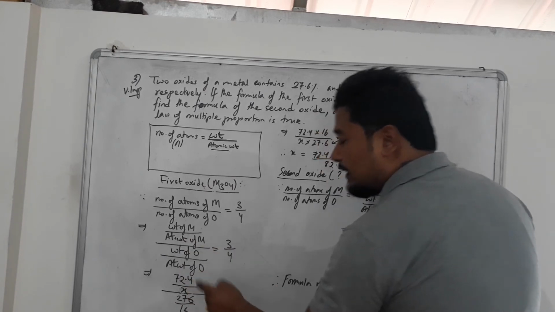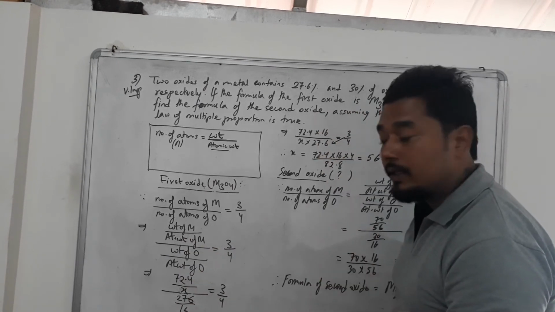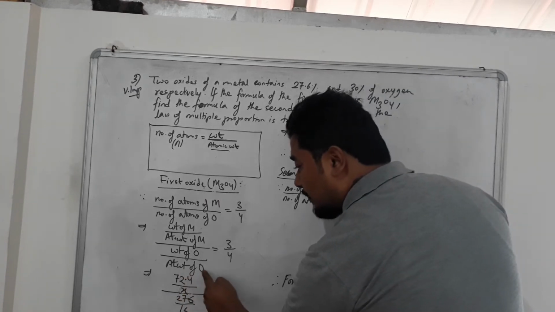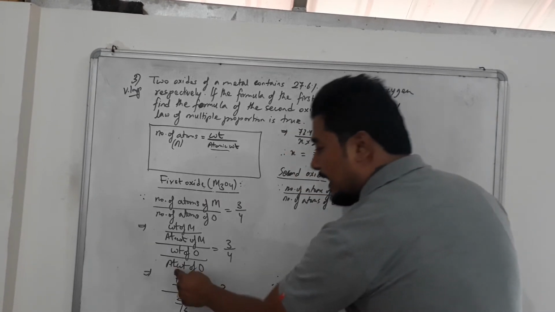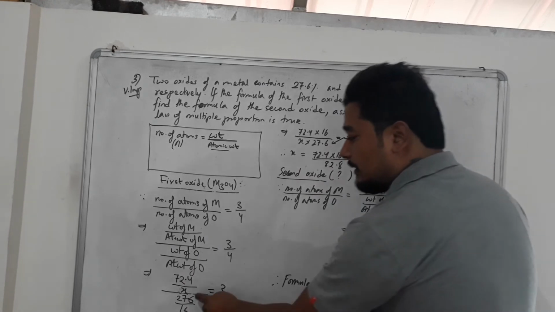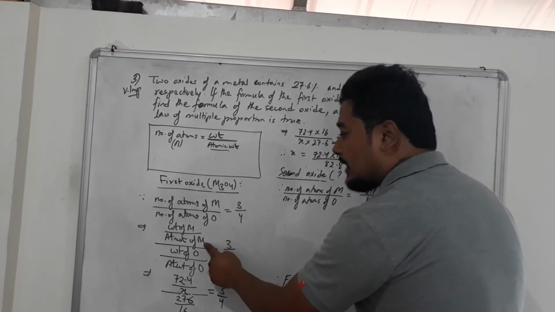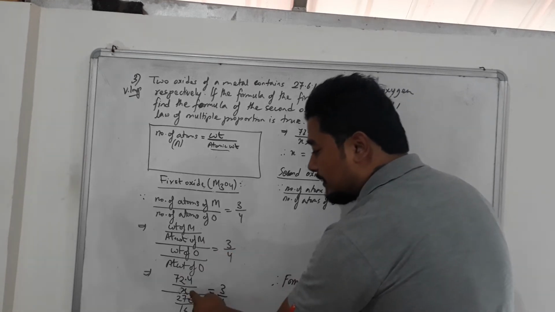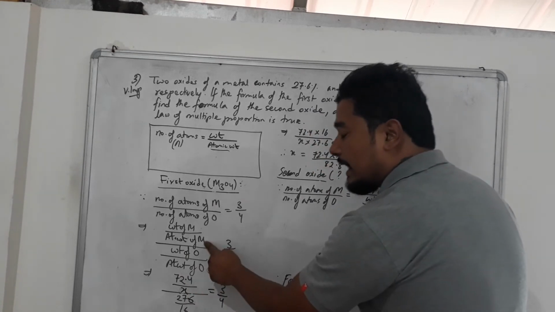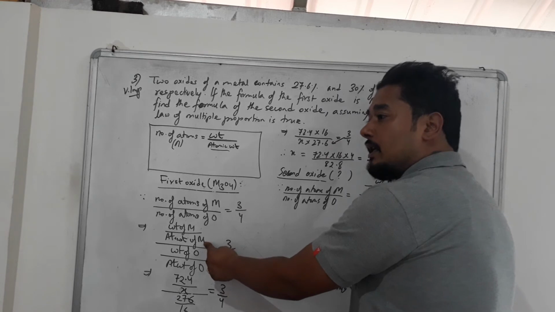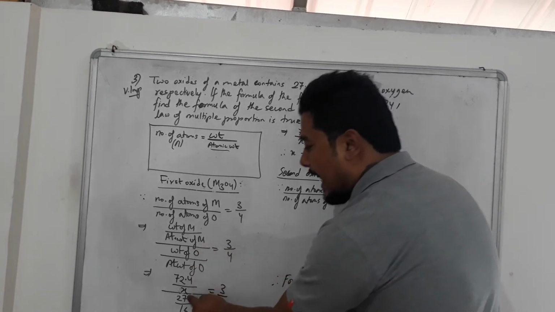And you should know, being in class 10, you have already learned, students, that the atomic weight of oxygen is 16. So you write down 16 here. Now do you know which metal it is? Is it written iron? If it was iron, I could have written 56 here. Is any other metal written? We don't know which metal it is. So let the atomic weight of the metal be X.